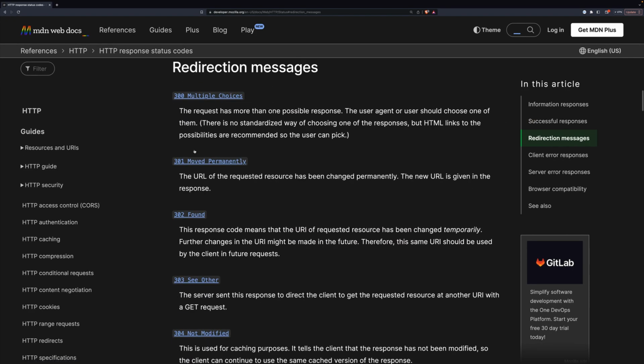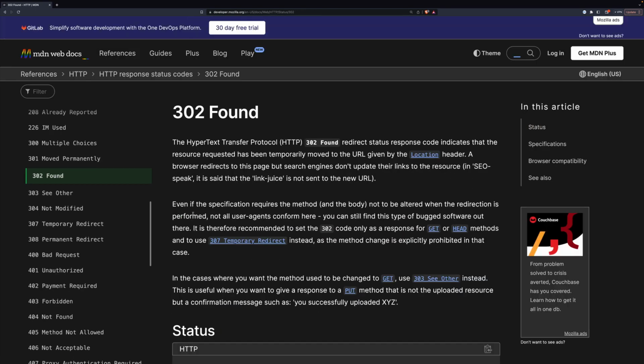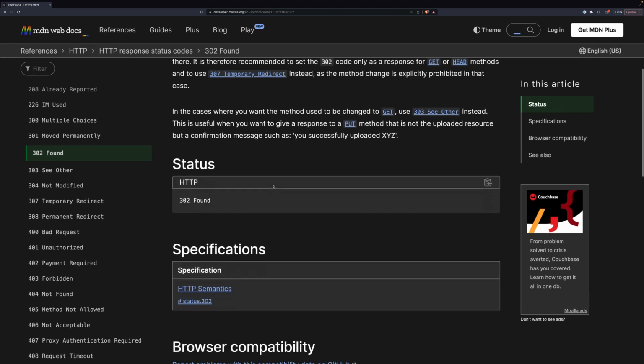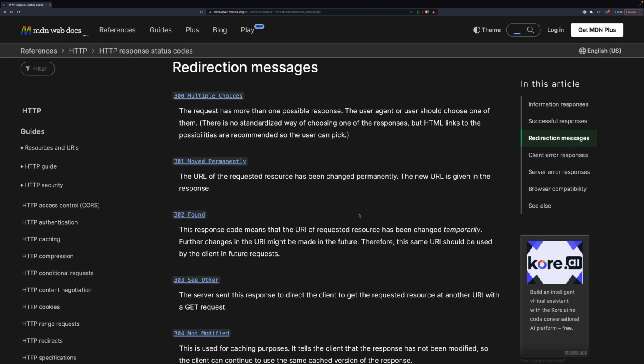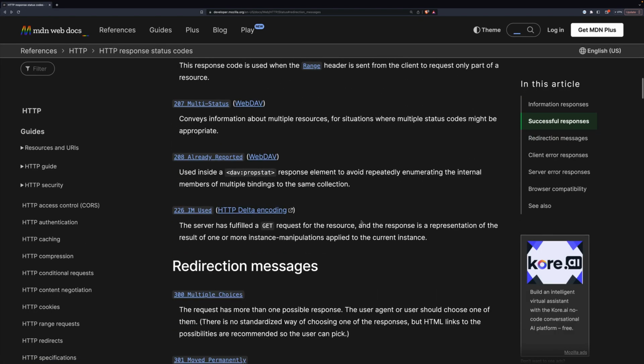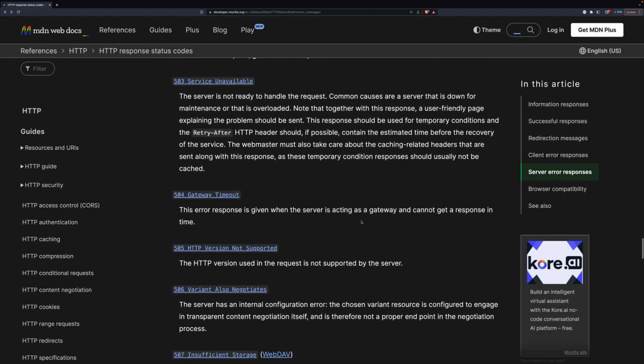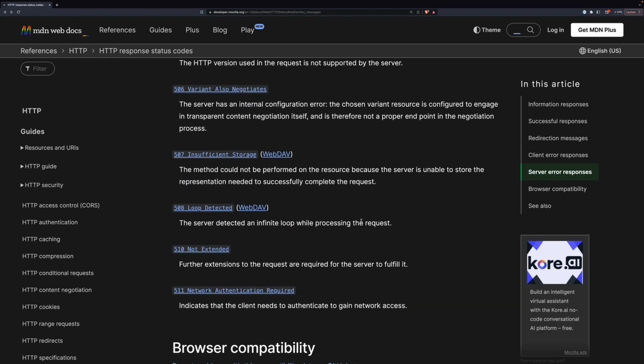In fact, this page, if you actually click, it goes to a whole thing about what it means. And this can be useful when you're going to support to say, I tried to get to my web page and it gave me a 507 insufficient storage. And this only applies to WebDAV, which is like an FTP server. And if you don't have WebDAV and you tell them you got a 507, they're going to go, oh, something's really wrong. And then they'll know where to look.